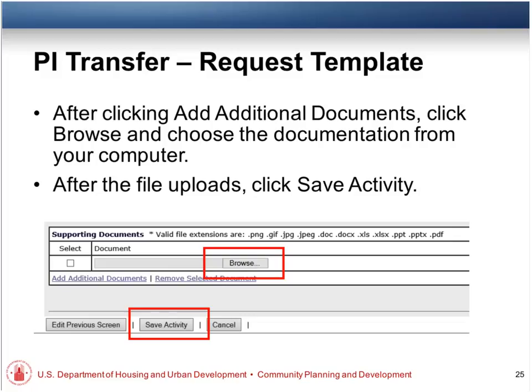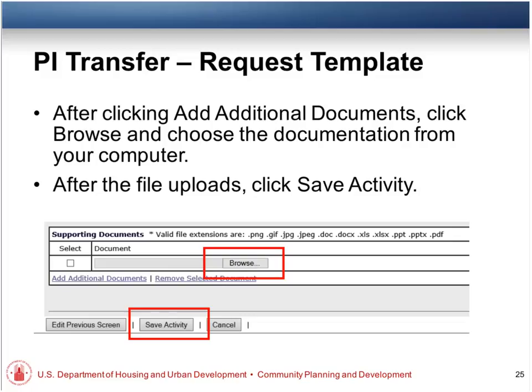Okay, and a note here about uploading this document to your action plan. This is going to require that you open your action plan, so your action plan will be opened and it will go to the modified status. So this is going to require that your CPD rep actually approve that action plan prior to being able to go in and approve your QPR. So please keep that in mind as you're making these requests, and coordinate with your CPD rep.